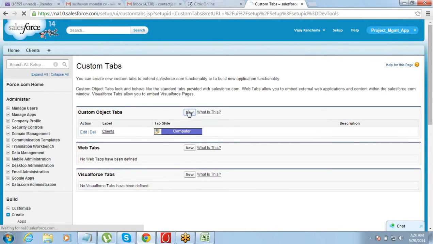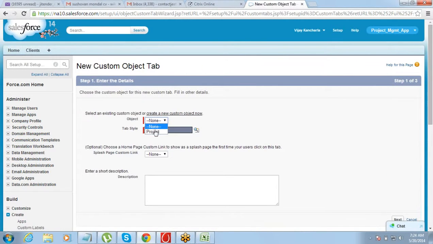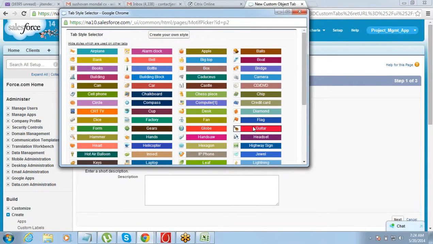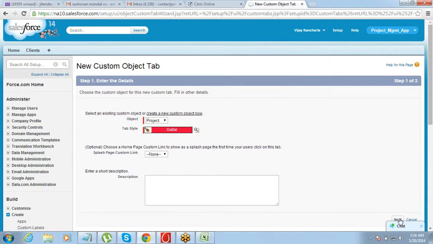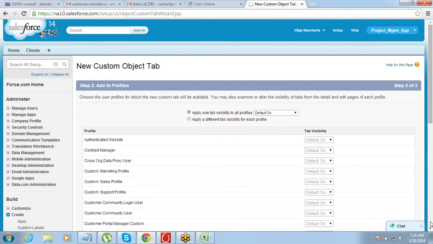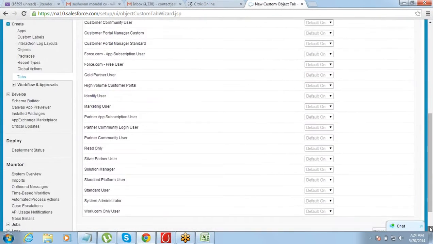I need to create one more tab for the projects object. Let me pick a tab style, pick whatever you want. This step we can skip.